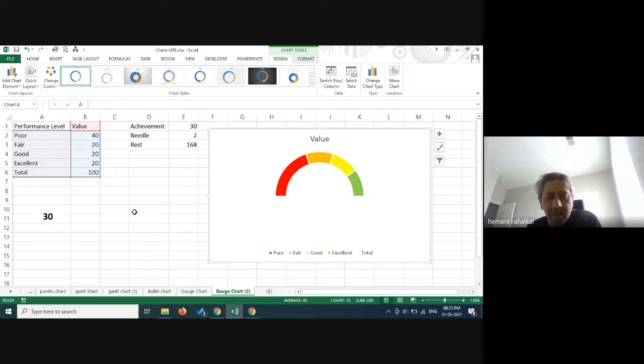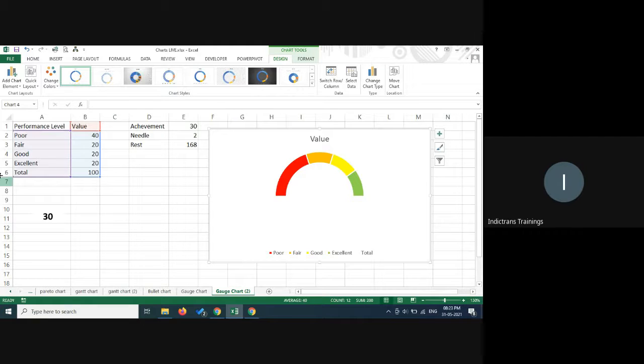So what we did is we got a donut chart with this data, and then we rotated it at 270 degrees so that the 100% total, that bigger half of the pie, is white and hidden, and the remaining we just colored. Up to this, it is easy. Now comes a complex part.